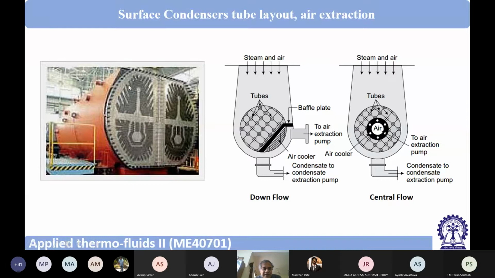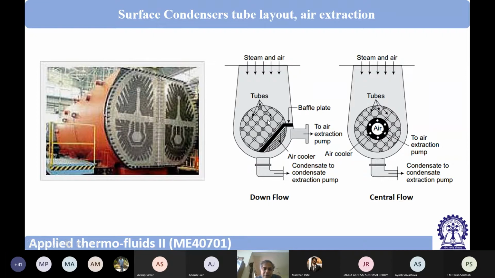And these are paths where intentionally no tubes have been put, so that there is some sort of a path for the vapor to come. And if we take some exaggerated view, then the tubes are arranged like this. Let's say this is the end of a tube. Through this tube water is flowing, through this tube water is flowing. These are the ends of the tubes. I mean, thousands and thousands of tubes are there. So that's why these things are looking a little bit dark. And of course, in these portions, there are no tubes.